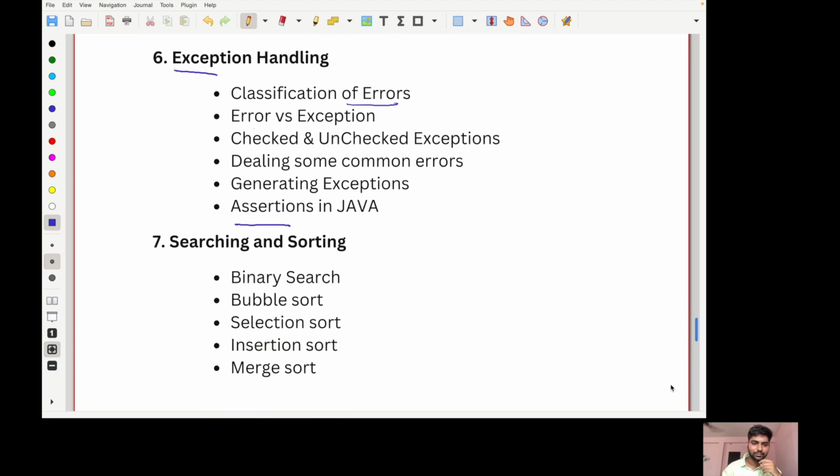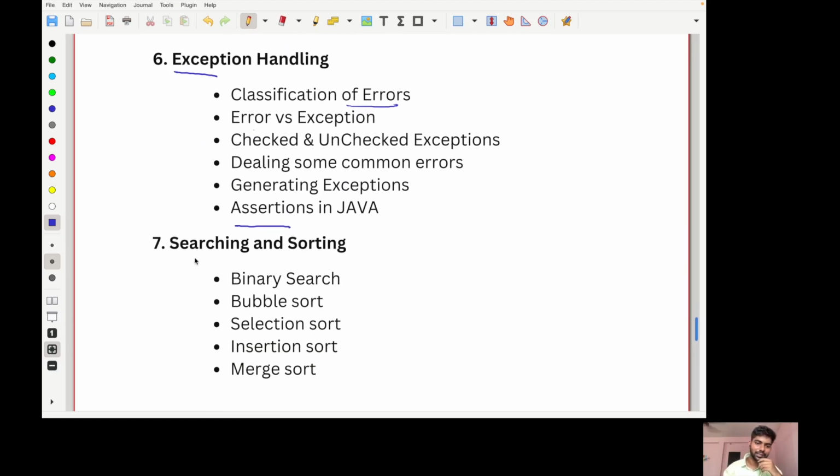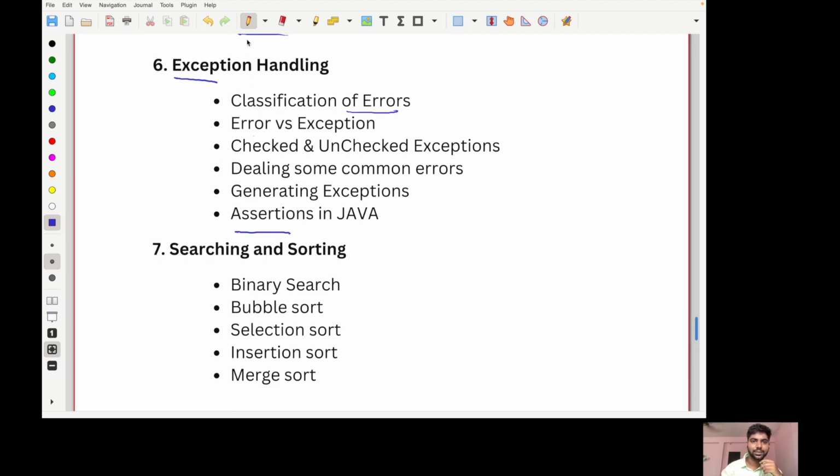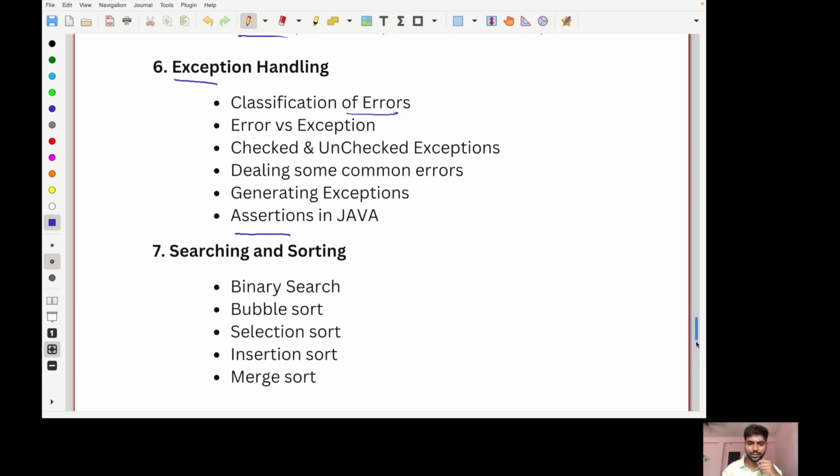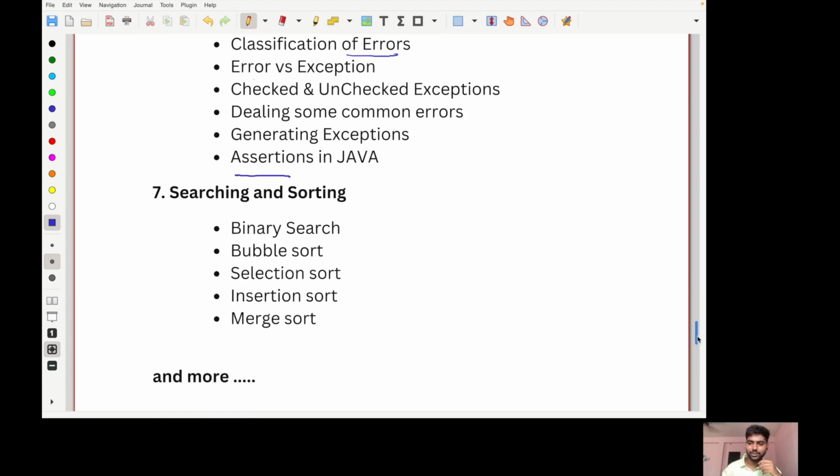And searching and sorting, we'll end this course by introducing you to searching and sorting techniques. I mentioned only 5 techniques here, but if time permits, we'll cover even more.